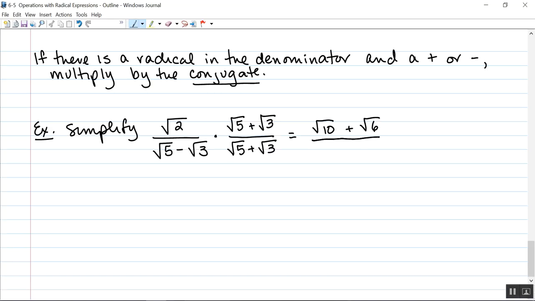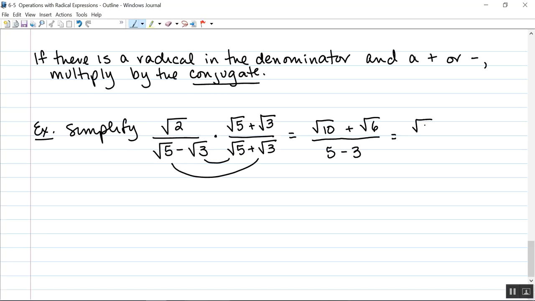And now what happens on the bottom is when I do my inner and my outer, they're going to cancel each other out. That's going to give me a negative square root of 15, and this is going to give me a positive square root of 15. I want that to happen, so I really only have to do my first terms, which is going to be square root of 5 times square root of 5, which is 5. And my last terms, negative square root of 3 times a positive square root of 3 gives me a negative 3. And then I can simplify that